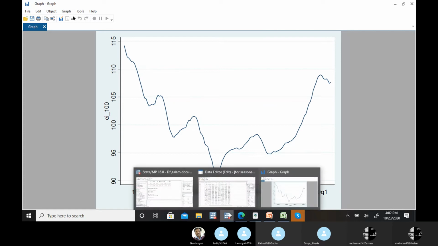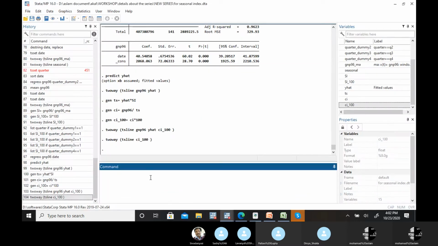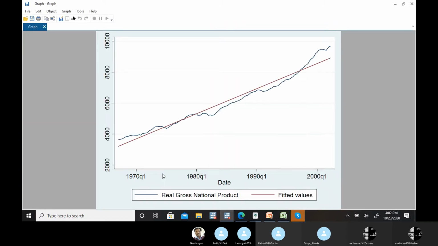If you go with the previous graph with the y hat and actual data, then it's quite visible here also that earlier it was relatively downward in the cyclical forces in this particular time period, and compared to trend, and then there is an increase.